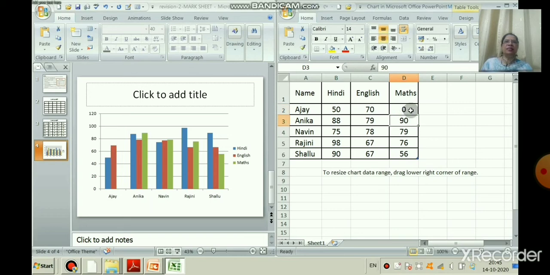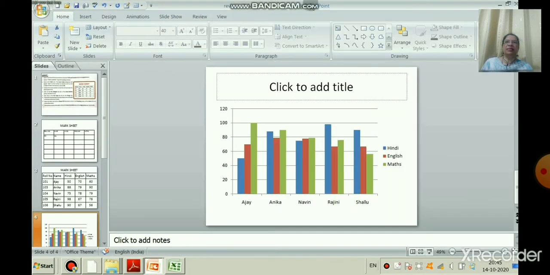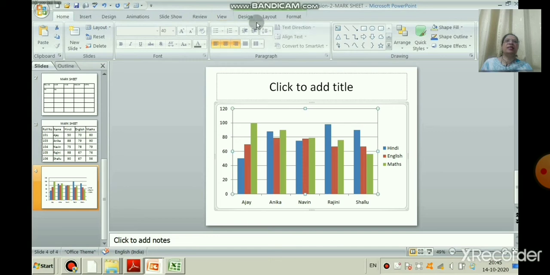It contains the actual chart itself and includes plotted data, data series, category and value axis, right. And what is the legend? The legend depicts the colors, patterns or symbols assigned to the data series. Now see, where is the legend? On the right side, right.